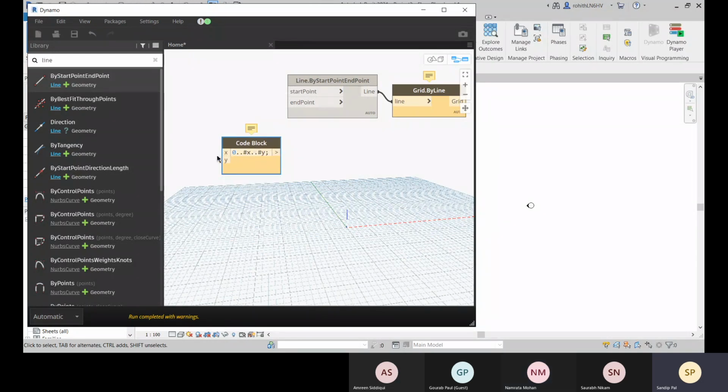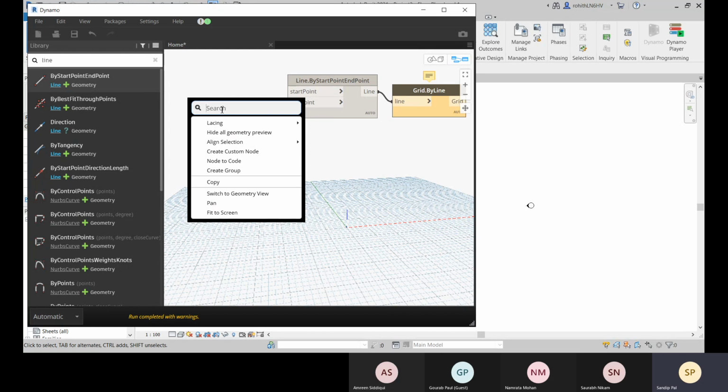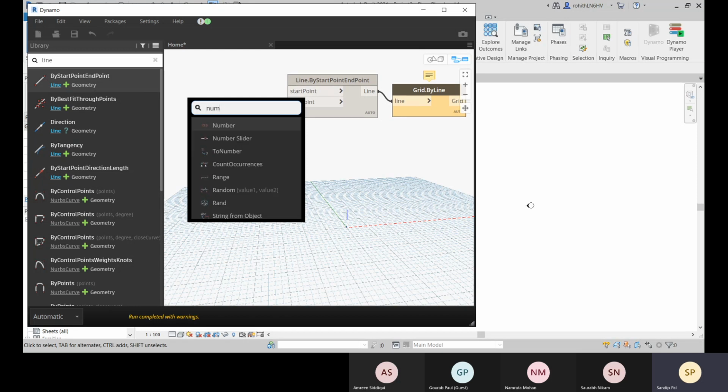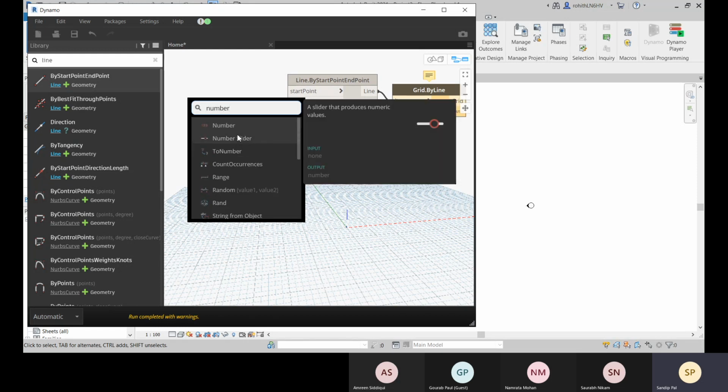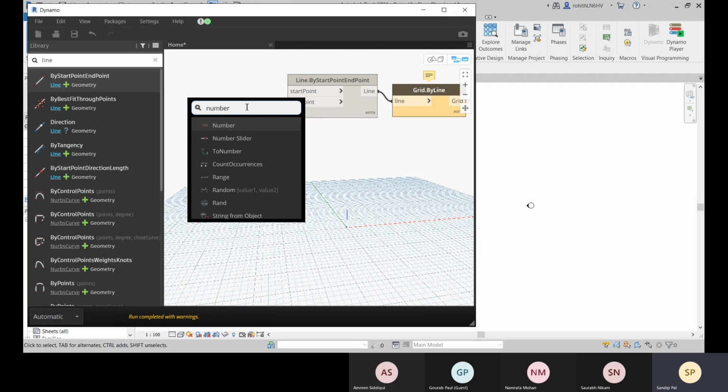Okay, so let's put the x value and the y value there. So let's go for number slider there, search for it, or you can take integer slider as well. So let's take integer slider.